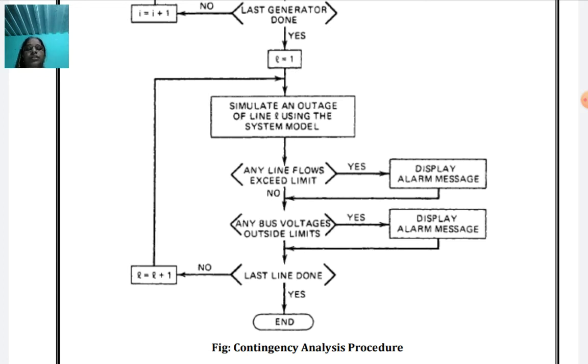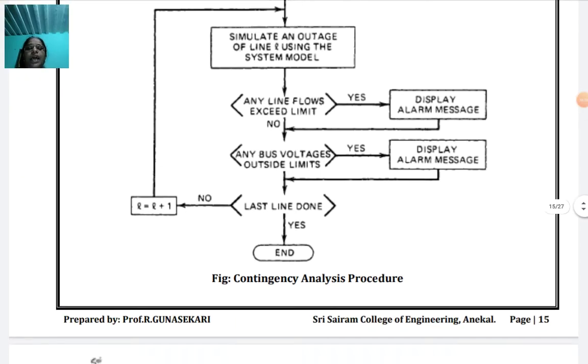The power system is gradually stepped down or stepped up at different levels. The voltage is controlled at all levels of the power system, and you can control the reactive power also. So the main reason for studying generator outage and line outage is that we have to control the voltage and reactive power of the power system. For that purpose we use contingency analysis.